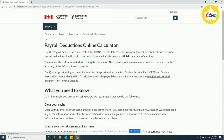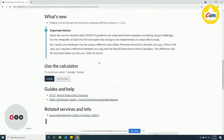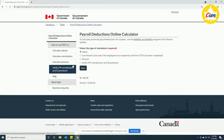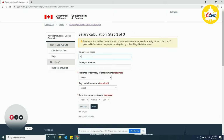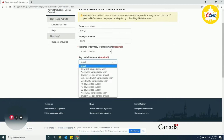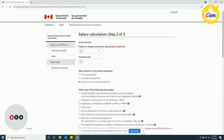website. Scroll down and accept. You can see payroll deductions online calculator. Choose salary and click next. Give your name, company name, and the province. In Canada, they usually pay you bi-weekly. Give your recent pay date and click next. Let's type your salary based on minimum wage in Canada, that is